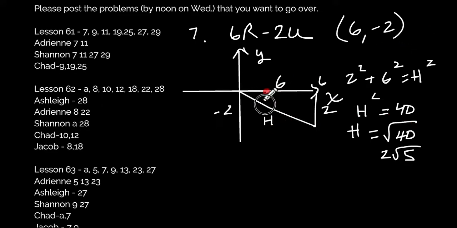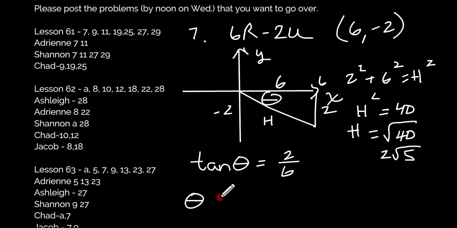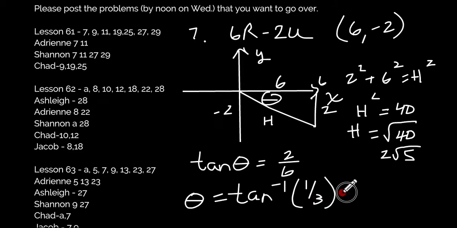Now we need to find this angle right here. All right, we're going to use the tangent function for that. So we would say the tangent of theta is opposite over adjacent. You could do 1/3, it works just the same. Now to get the actual theta, we're going to do the inverse tangent. The inverse functions give you the angle. So I'm going to pop that in my calculator, and we get 18.43